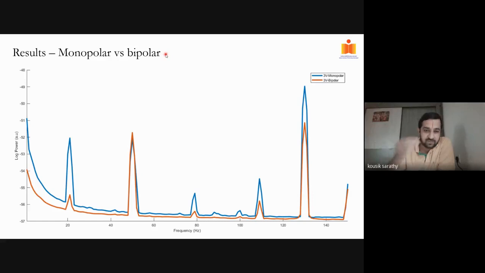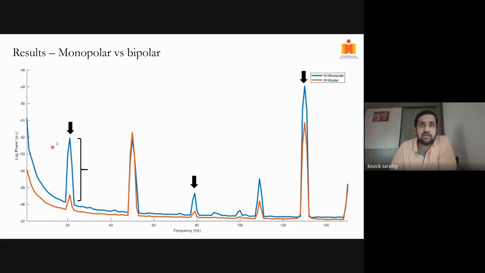Bipolar stimulation, because you're stimulating between 2 leads which are very close to each other, the noise signature of it is quite low. Whereas monopolar, because the closing of the circuit happens with the IPG, which is sitting several centimeters away from the actual position of the DBS electrode, you can obviously imagine that the noise component will be very high. And that is what we show here actually.